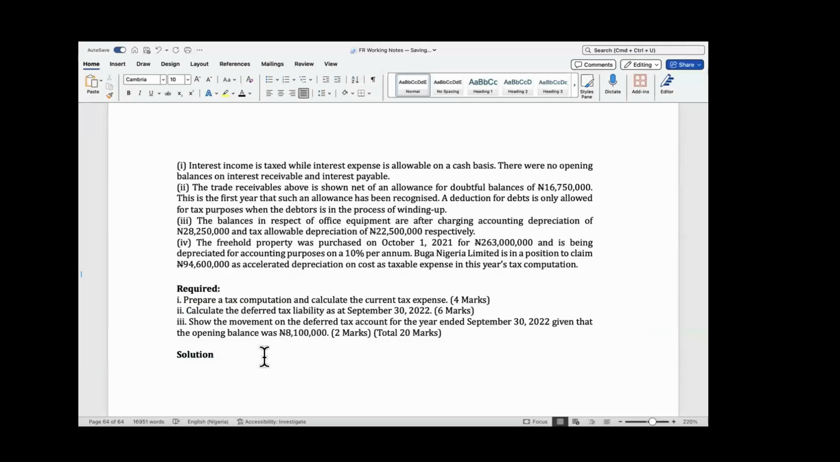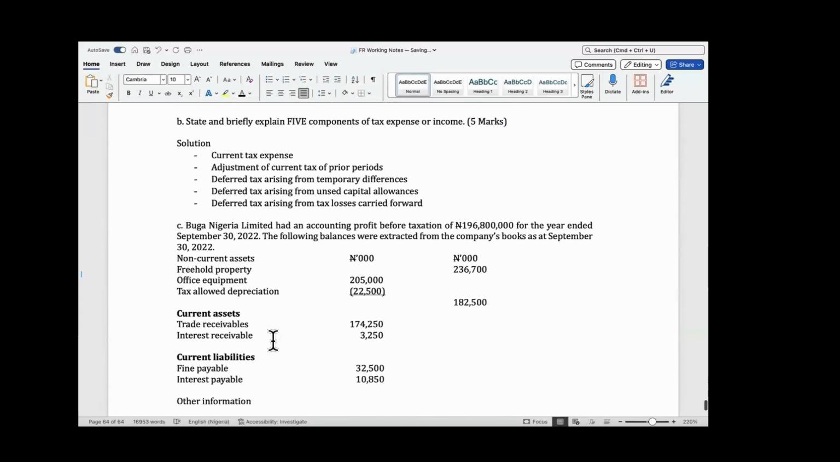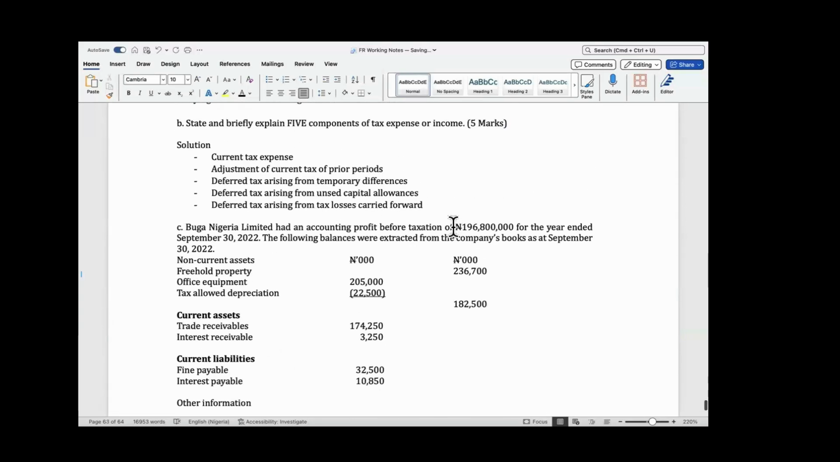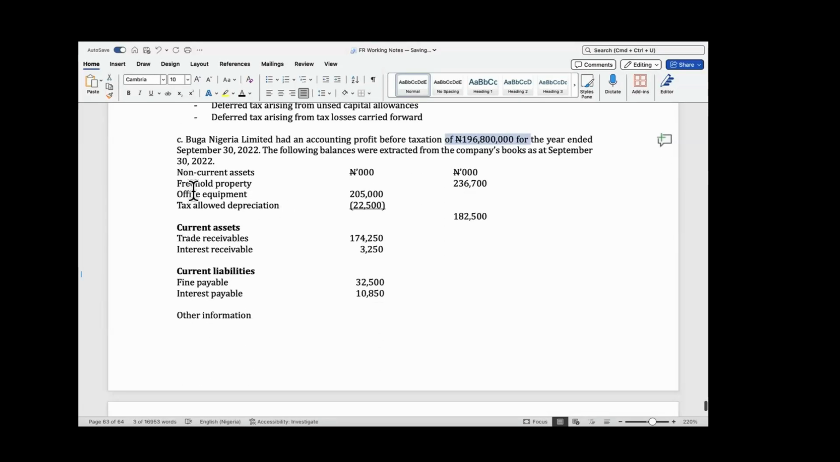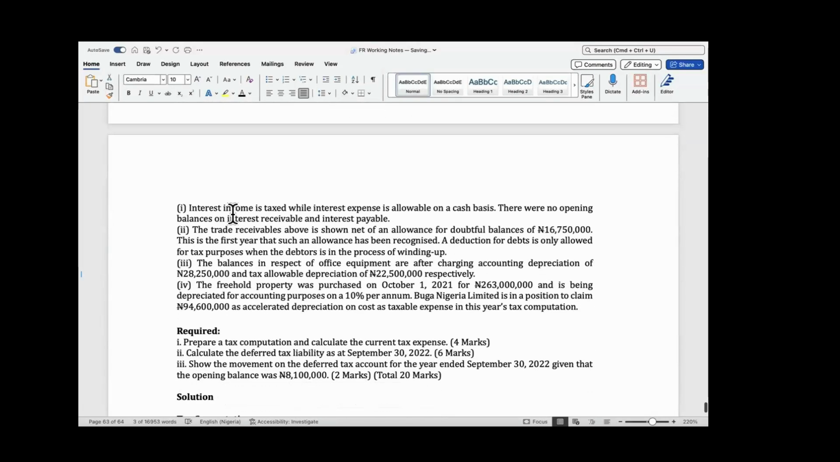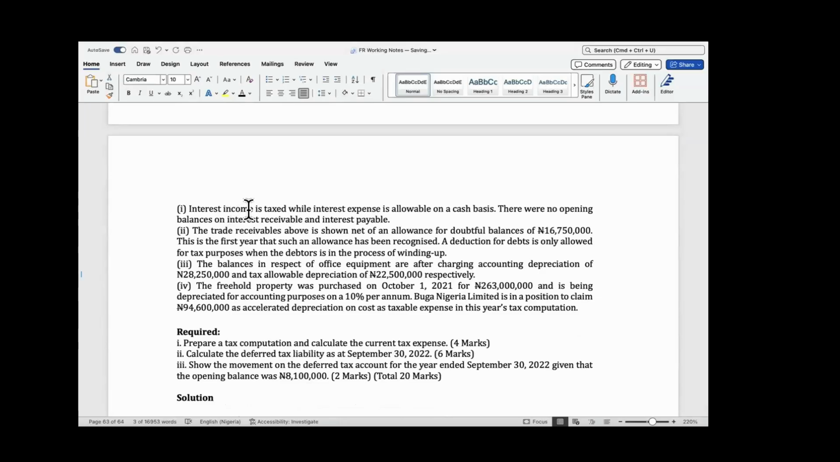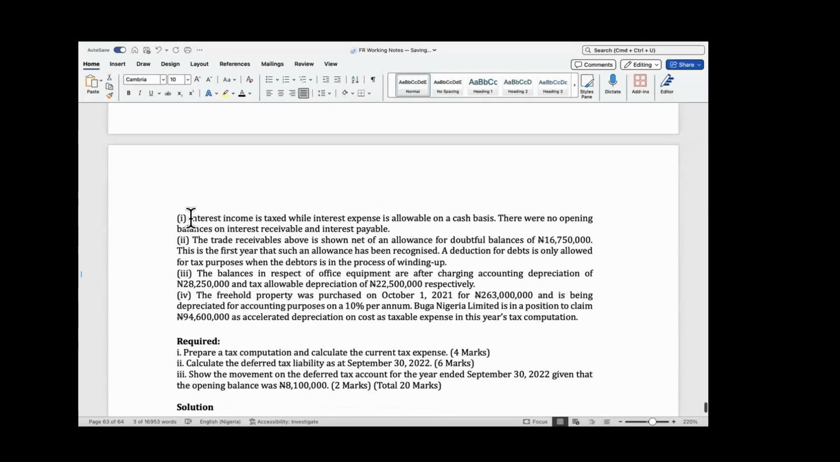So we're asked to prepare a tax computation. And for you to do a tax computation, you need to get the allowable and disallowable items and all of that. Given the fact that they give us a PBT of 196 million, and a statement of financial position, and some additional information, at least they told me that interest income is taxed while interest